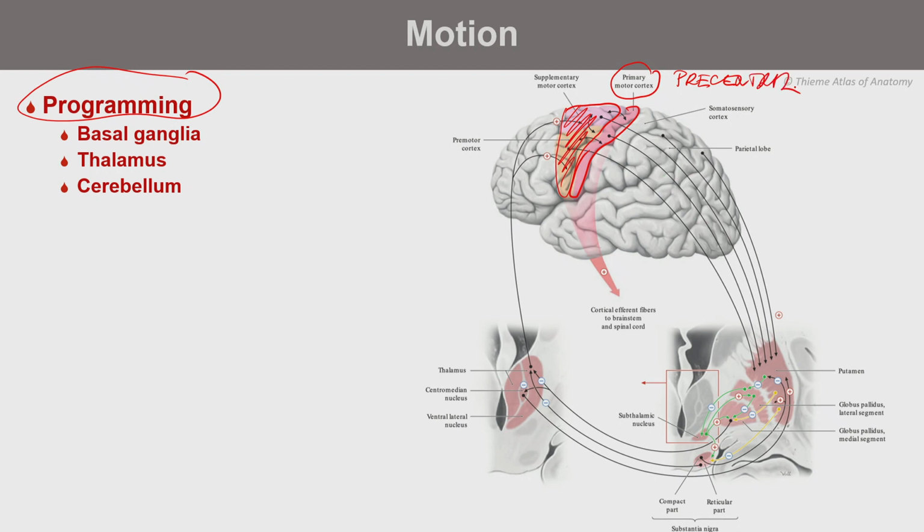The precentral is the execution one. So the planning is then done, and the cortex has projection to basal ganglia. You know that basal ganglia then have a way which is through the medial part of them, so from striatum, from putamen, the inputs from the cortex are then transmitted to the other parts, to the